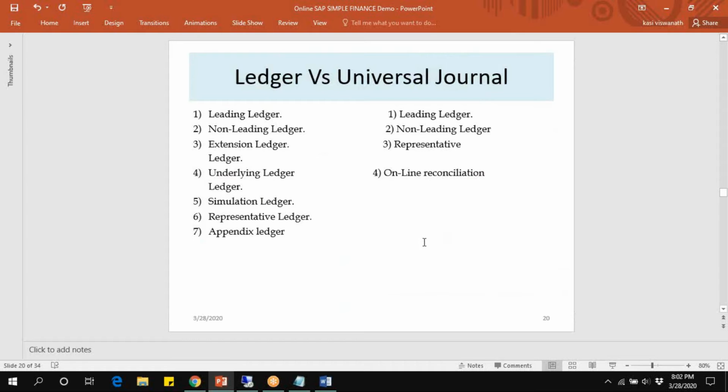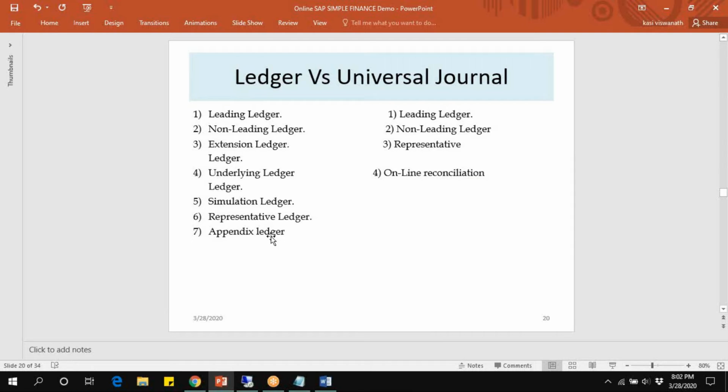Next. In ECC, we have leading ledger, non-leading ledger, representative ledger, and online reconciliation. We have 4 different types of ledgers. In simple finance or HANA finance, we have leading ledger, non-leading ledger, extension ledger, underlying ledger, simulation ledger, representative ledger, and appendix ledger. We have 7 different types of ledgers.